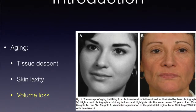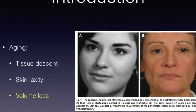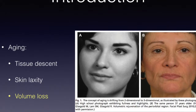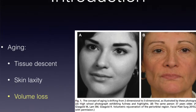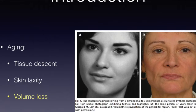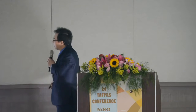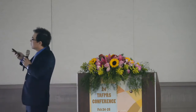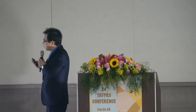The concept of aging has been changing. Nowadays, we accept volume loss as a major cause of facial aging. So the associated rejuvenation procedures have focused on this. Usually, endoscopic brow lifting and botulinum toxin injection have been widely used to rejuvenate the upper third of the face. But unfortunately,